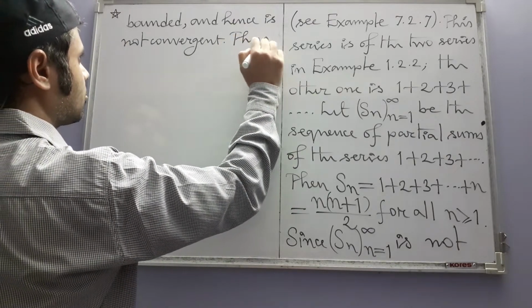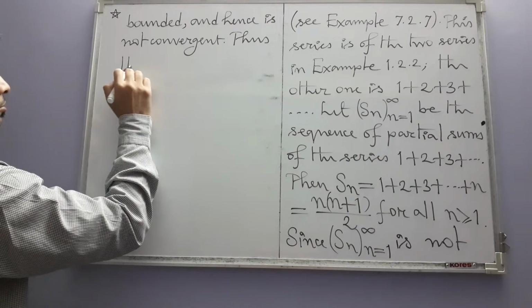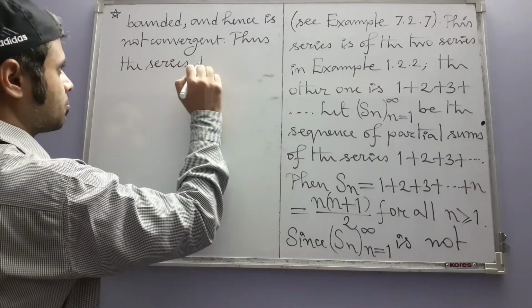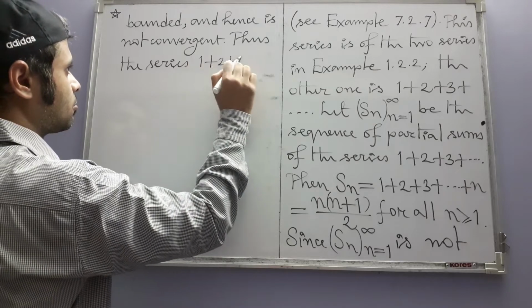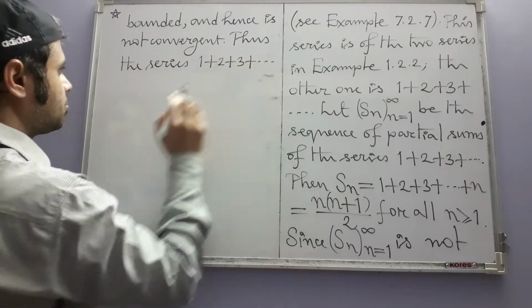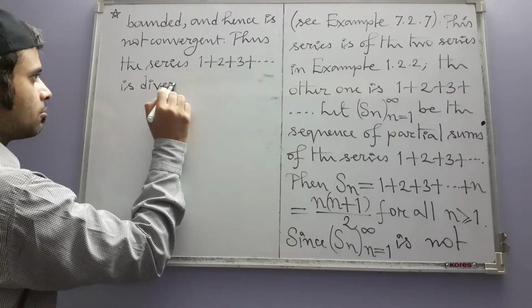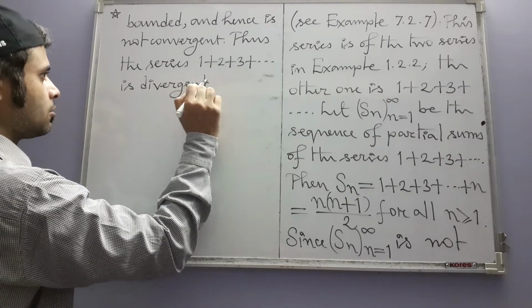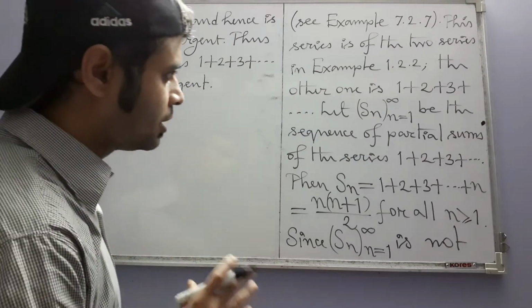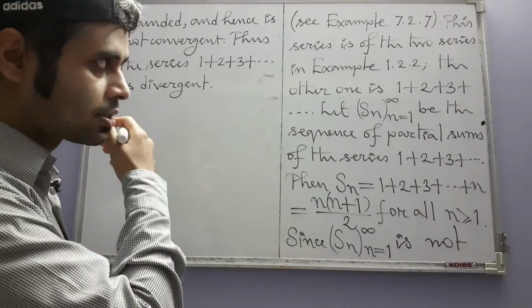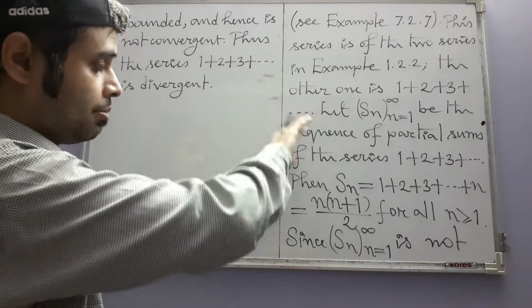Thus this is divergent. So what went wrong in this example is that when we considered these examples, I mean this series in this example,